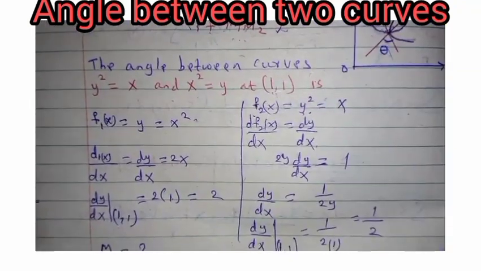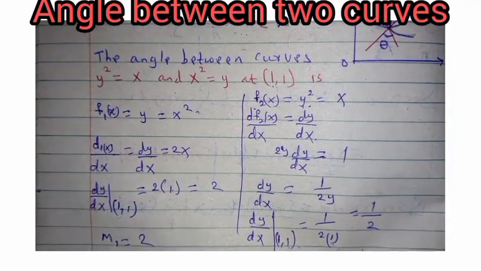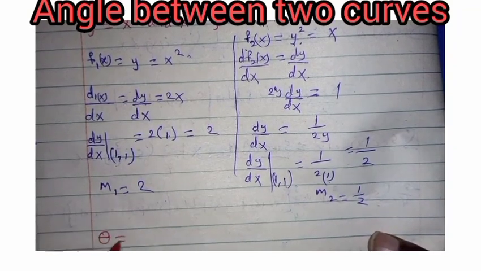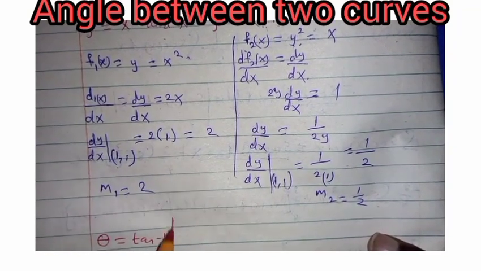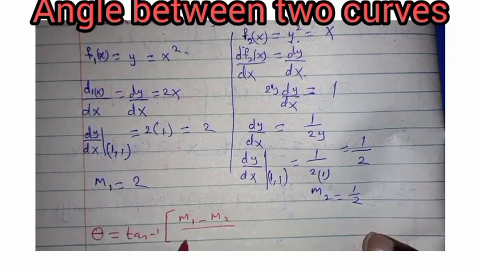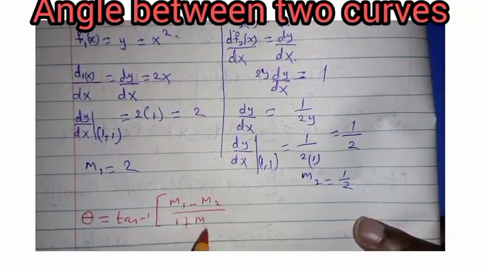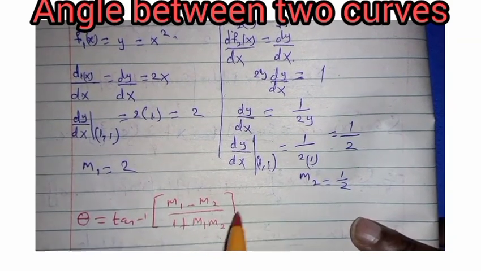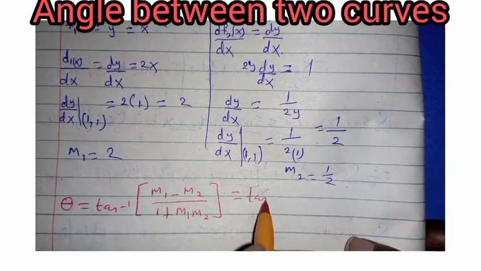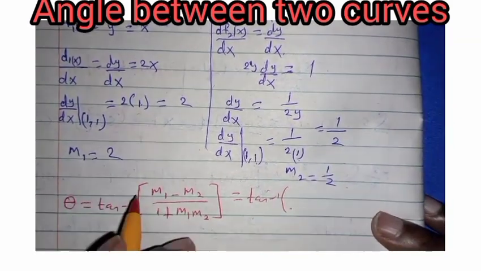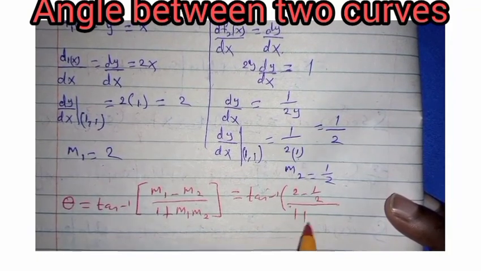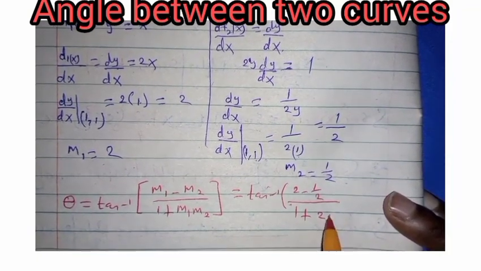Then from there now we are going to make use of this formula. The angle which we are told to obtain, the angle between the two curves, will be given by this formula. We call it theta is equal to tan inverse of m1 minus m2 divided by 1 plus the product of m1 and m2, which is equal to, we substitute, tan inverse of, our m1 is 2, so you have 2 minus half divided by 1 plus 2 multiplied by half,